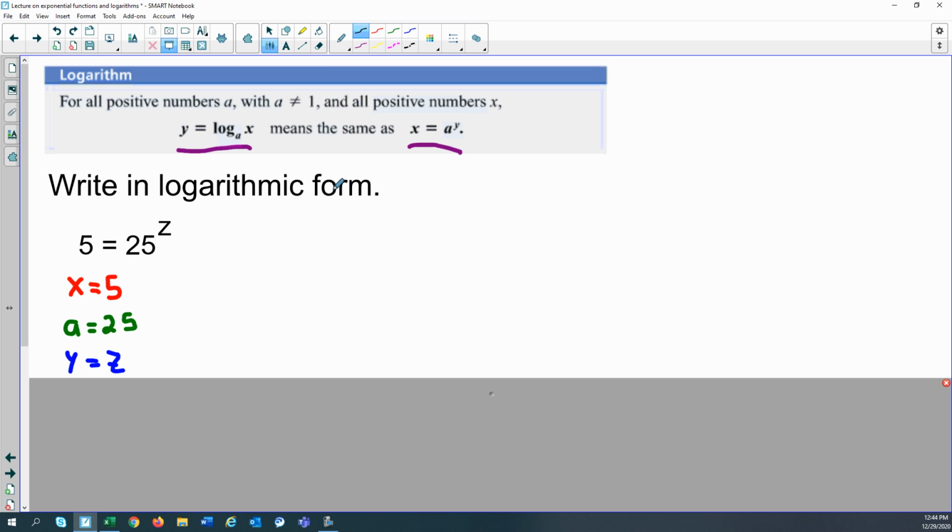So what I'm going to do is take the y equals log base a of x, and plug in my values. So the 5 is going to plug in for the x, the 25 for the a, and the z for the y. So we have z